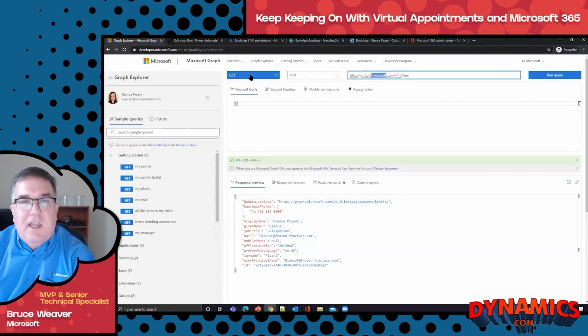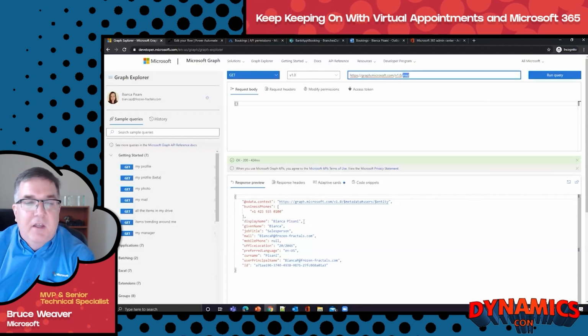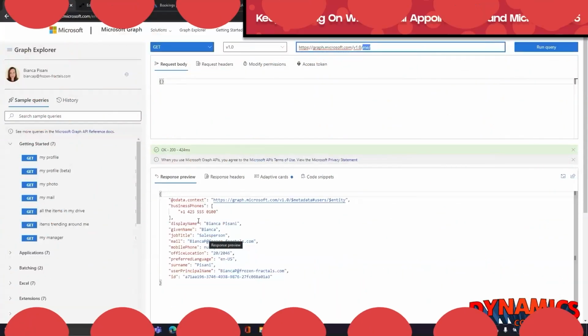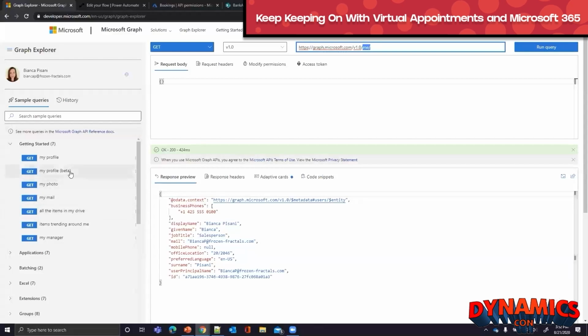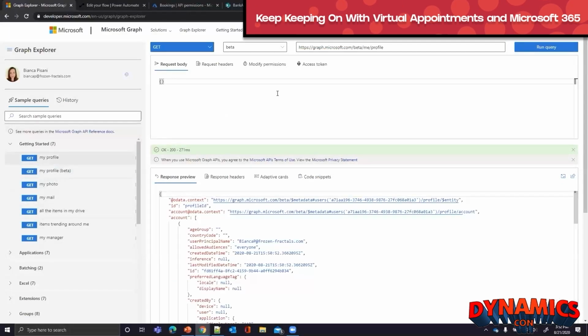So when I look at this profile, it's running this command up here. It's saying, I'd like to get this information about me from the Microsoft Graph. And what comes back is information about me, my display name, my given name, my job title, et cetera, et cetera. There's other information in the graph about me. In this case, I want to get my profile. I want to learn a little bit more, double click into me. And now you can see when I run that query, it's the same query we had before, /me, but now I've added a /profile, and I get more rich information that comes back from the graph about me.